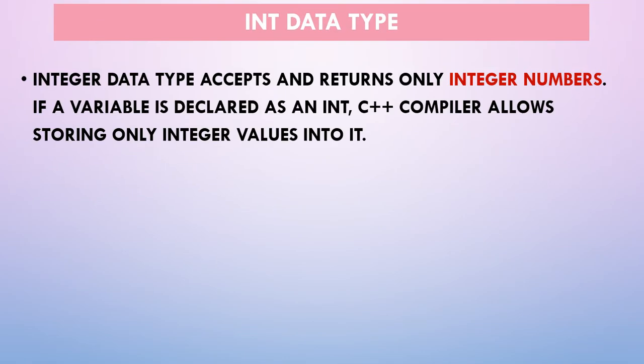So the first one is the int data type. So what do you mean by int data type? Int data type accepts and returns only integer numbers. What is an integer number? All whole numbers are called integer numbers. Those numbers never contain a decimal point, that is fractional points. Do you understand that? It contains only the whole numbers. It might be a positive or negative number, but it can store only the integer value, that is only the